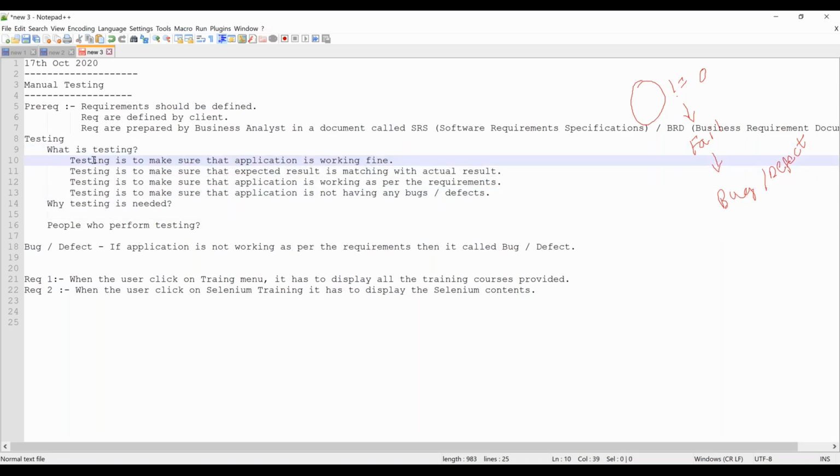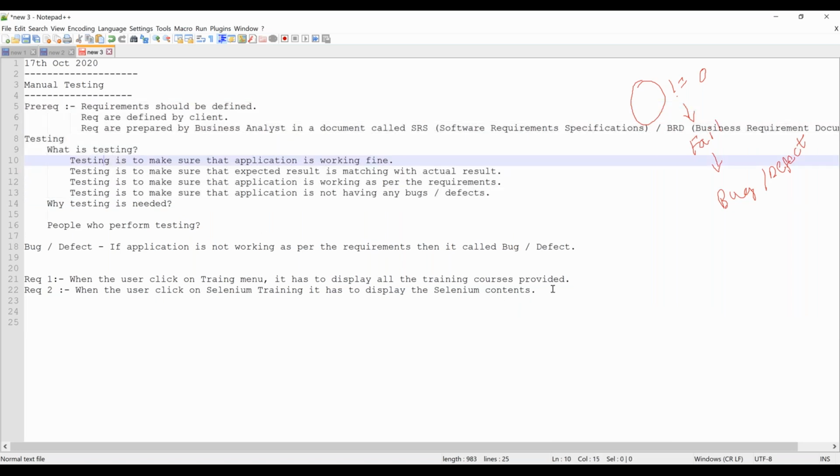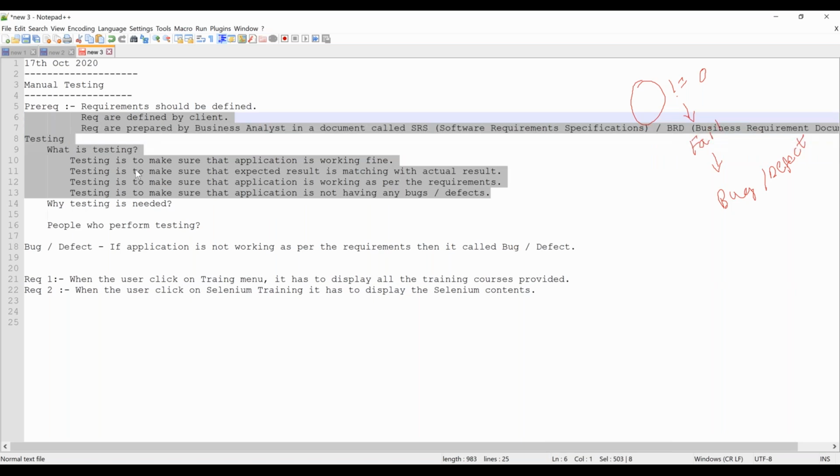So when you go for an interview, generally people will not ask such small questions. But suppose if somebody asks you, they will just tell it as a definition. So testing is to check if expected result is matching with actual result. No, you are not supposed to explain that. You are supposed to explain, in my application, my requirement was this, and when I was testing, I was doing this, and if my application is not matching as per my requirements, I'm calling it as a bug or a defect.